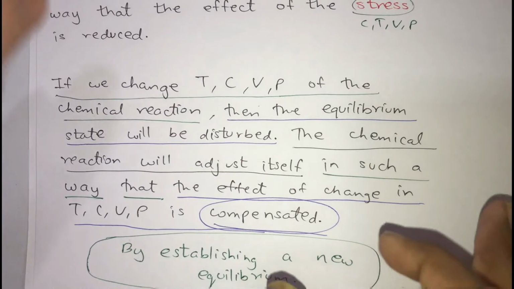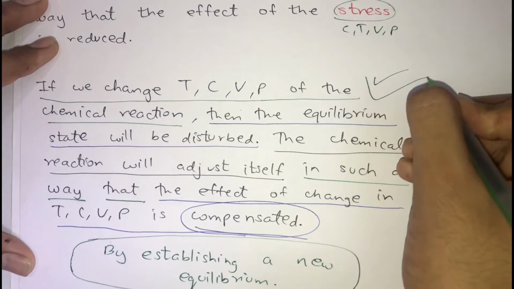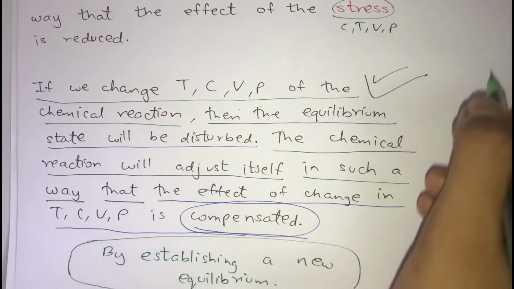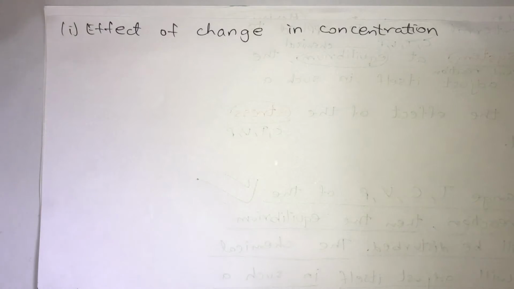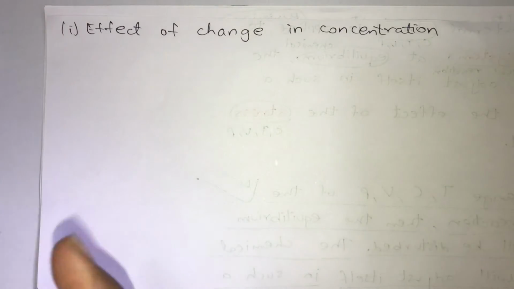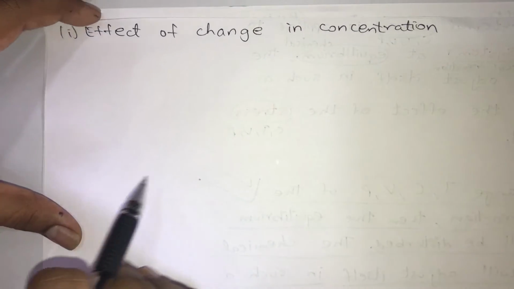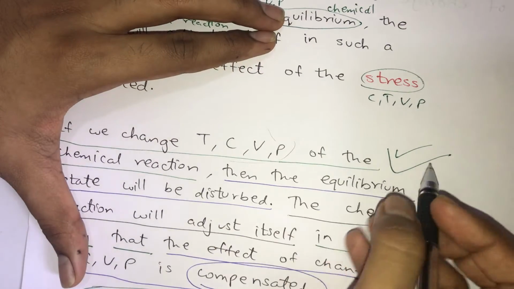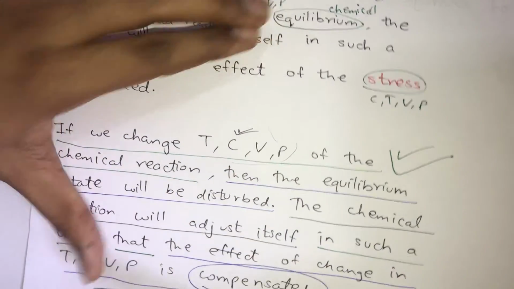Okay, so guys, I hope you have understood the basic definition of Le Chatelier's principle. And if you have understood this principle, then guys, the rest of the video is just going to be very easy for you all, and this topic is going to be a very scoring topic for you. So guys, now let us understand the effect of change in concentration on the reaction which is at equilibrium. See, just now we have seen that we are going to change these four parameters, and among these let us study the first one, that is change in concentration.